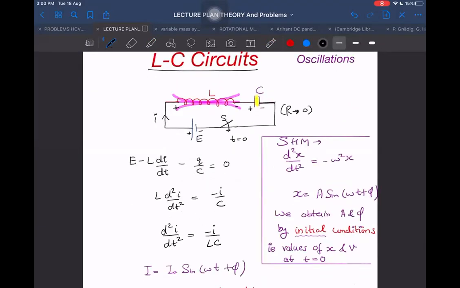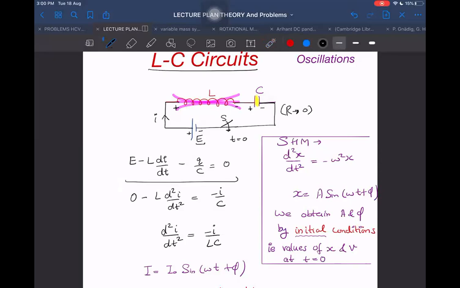And our equation will be this here. Can you write this equation? EMF minus L into di by dt, minus Q by C for the capacitance, and again back to the same place, is equal to 0. Now, differentiate this with respect to time. This first equation, completely, you differentiate with respect to time. What will be the derivative of the first part? EMF is constant, so the derivative of the first part will be 0. Yes, 0 only, right?